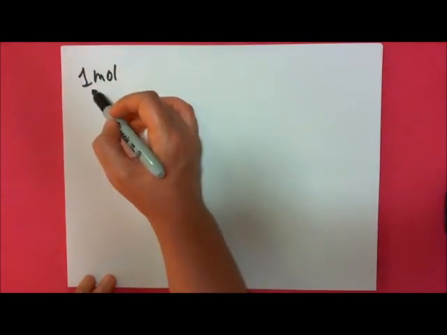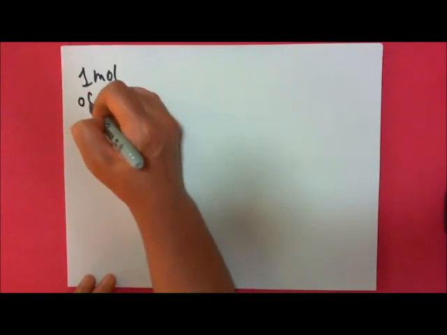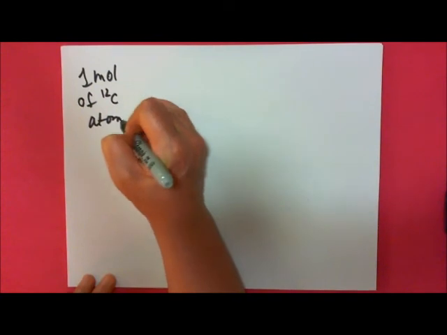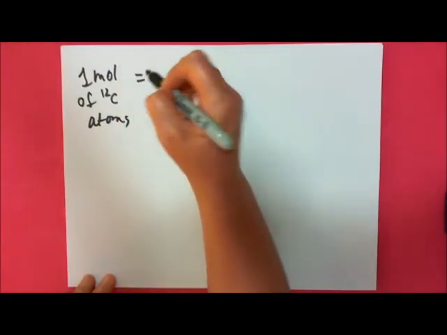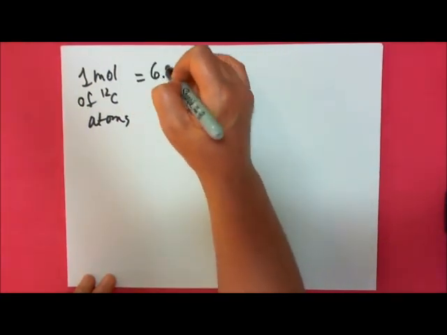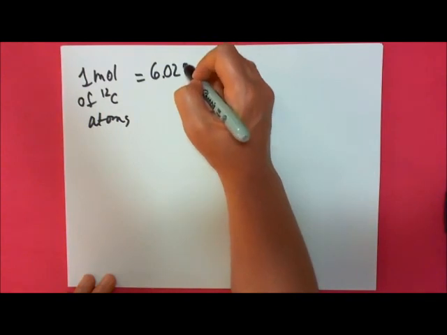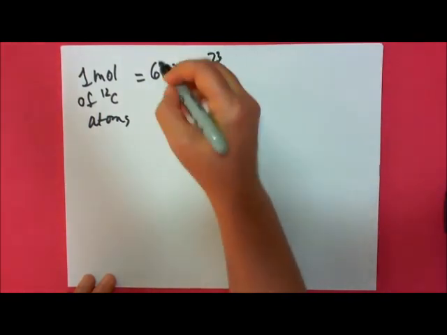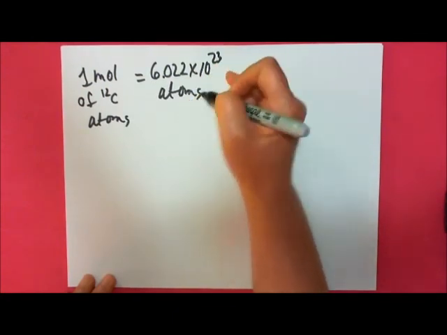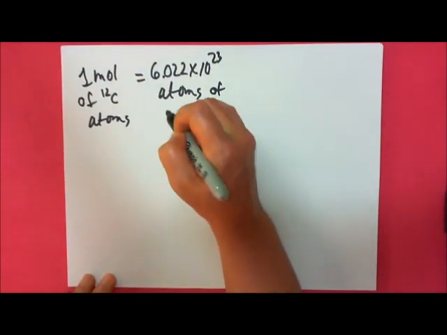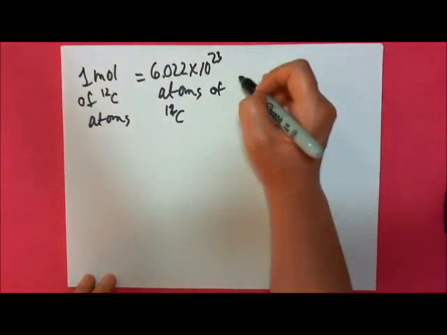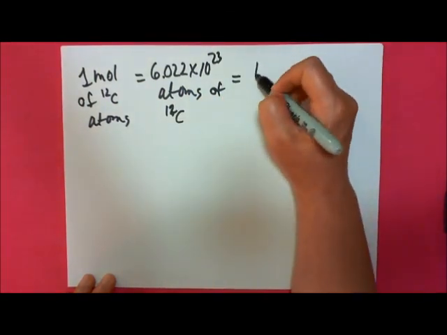So I can say 1 mole of carbon-12 atoms is equal to Avogadro's number of carbon atoms, and these would be carbon-12 atoms, and this is equal to